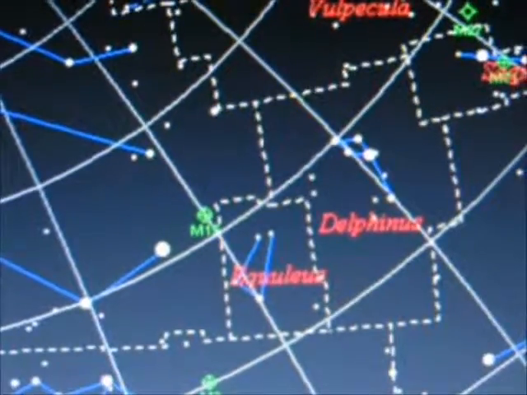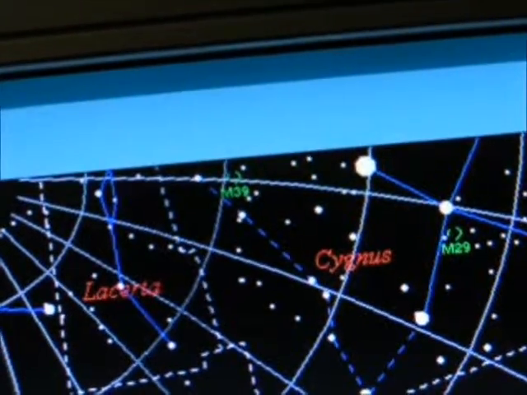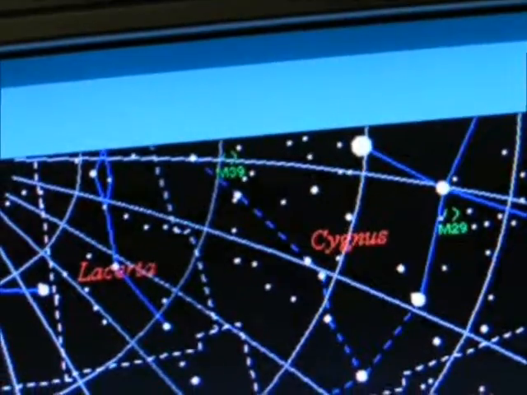Okay? Here I've put up these dotted lines to show the borders between the constellations, and you'll see that each one of them has its own unique area in the sky which has been delineated, and they have some quite strange names, such as Vul, Pecca, etc. And here on mine they have quite Latin names, and there's one there which is called Cygnus. That is the swan. That's very high up in the sky during the summer months, and that's quite a prominent